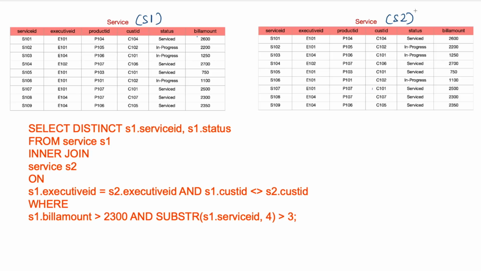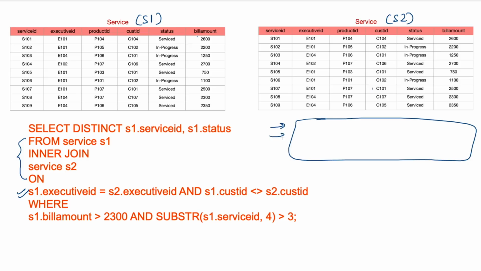Now look, this query is going to take a lot of time if you solve it step by step. Say for example you create the inner join of these on the basis of these conditions, then you will form one combined result. Then in that combined result you perform these where conditions, and then you select some of the rows and finally that will be part of your result. But if you do the query like this, it is going to take a lot of time,